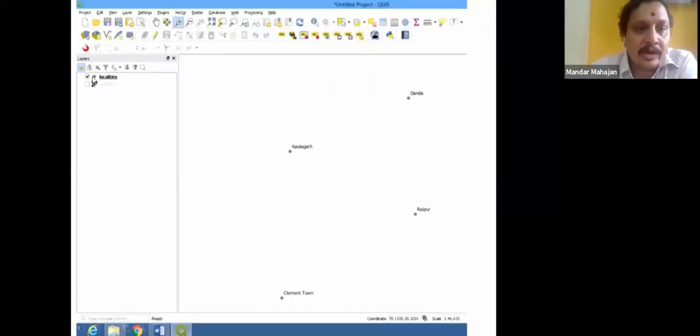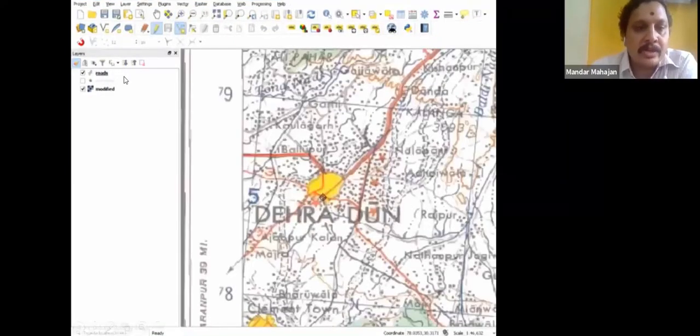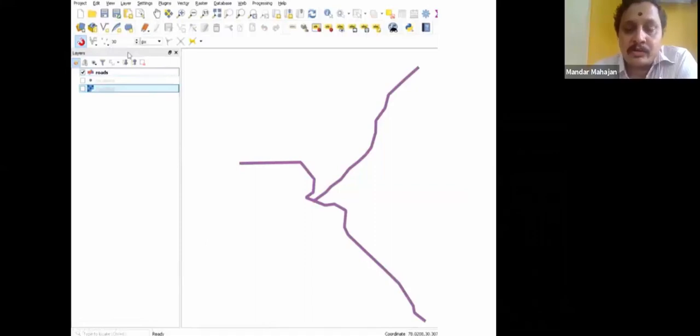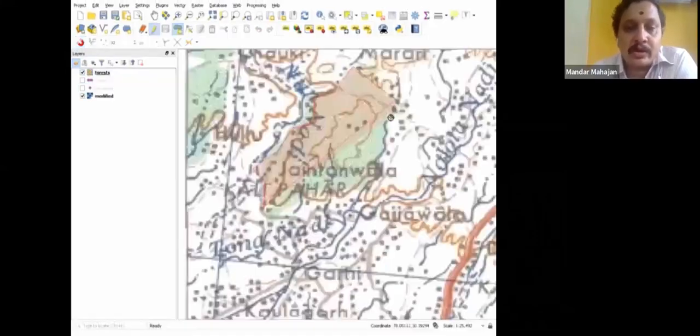So here we go for the localities, then we overlay this. Now here we want to trace the original map. There are a number of roads, for example, and there are the cities. So what we can do here is go for the digitization. That means we can start drawing from here and go like this. So here we add one more layer. You can see all layers, and from this you modify the customized feature, and you can draw like this. Likewise it is to be overlaid, so a number of roads, the road network, is possible to draw here.